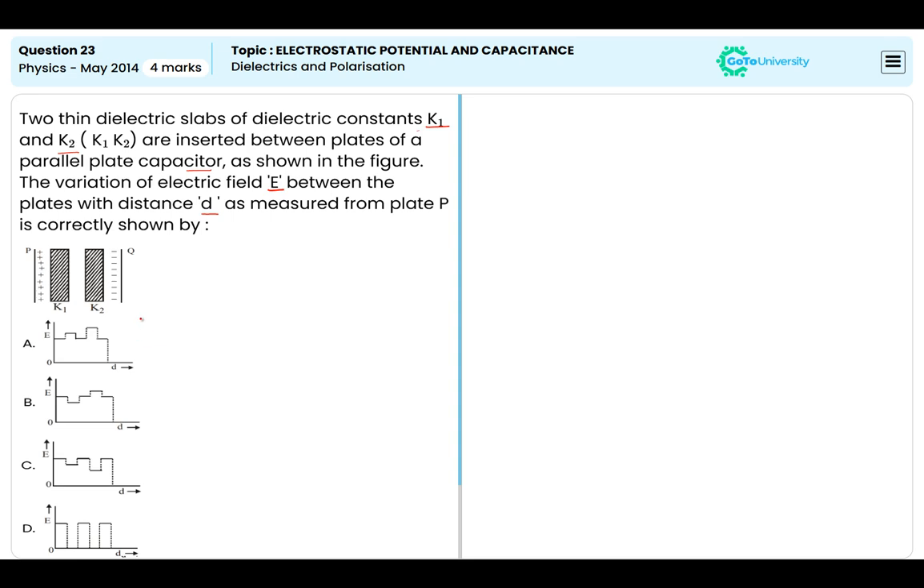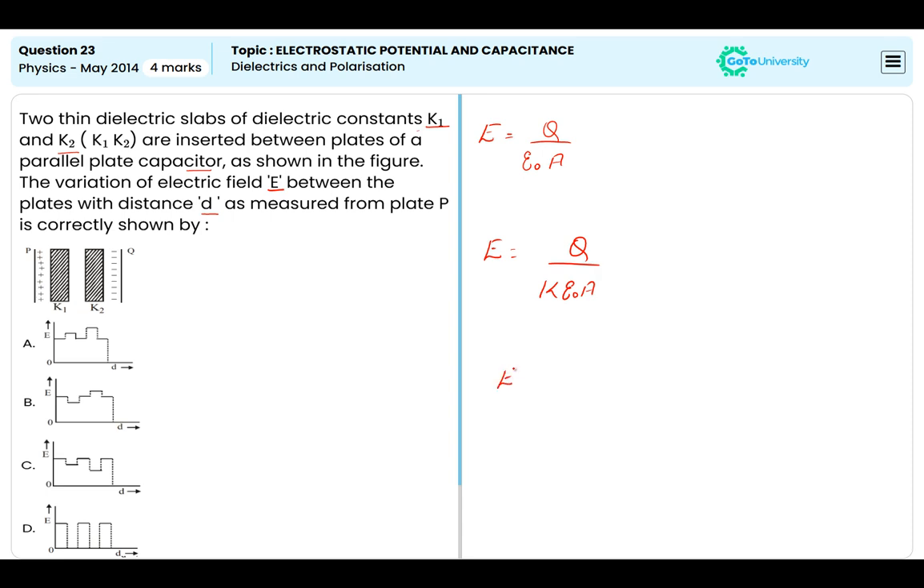Then we know that in the region of vacuum in this capacitor, we can write E is equal to Q divided by epsilon naught times A. And in the region where the dielectric is present, between these two plates, we can write E is equal to Q divided by K times epsilon naught times A. And by this we can directly conclude that